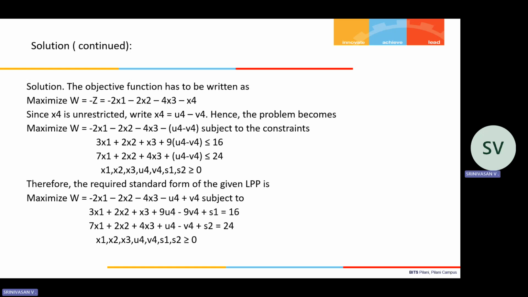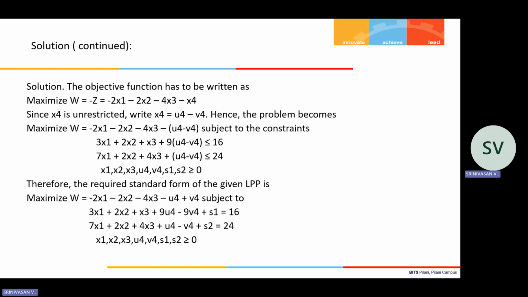Because you are going to make the constraints to be equations. And here, as I mentioned in the previous example itself, it is not necessary that you should add one slack variable in one constraint and subtract one surplus variable in another constraint. Both the equations can have surplus, both the equations can have slack, something like that. It all depends on the inequality you have. It is not necessary that one constraint should be less than or equal to and another constraint greater than or equal to. Both of them can be greater than or equal to, both of them can be less than or equal to, or one of them can be